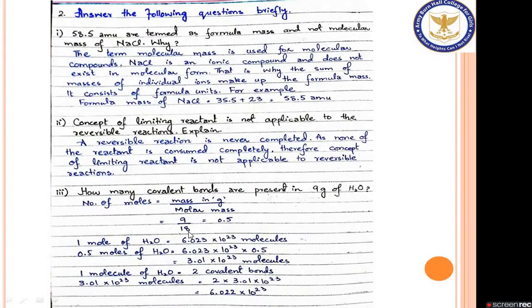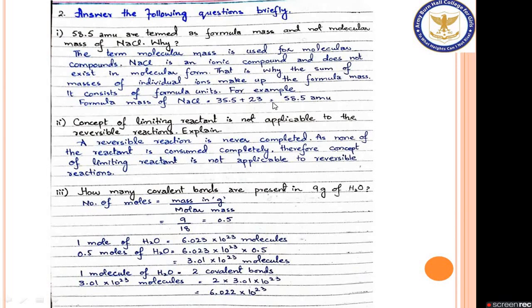Next we have question number 2. Answer the following questions briefly. The first one: 58.5 atomic mass units is termed as formula mass and not molecular mass of sodium chloride. Why? As I have discussed during the lecture, in the case of ionic compounds, instead of molecular mass we use the term formula mass. The sum of the masses of the individual ions makes up the formula mass, and it consists of formula units. The formula mass of sodium chloride is equal to 35.5 plus 23,